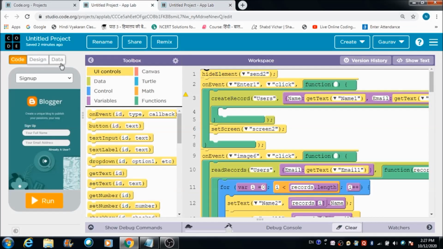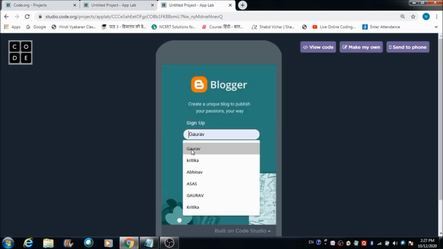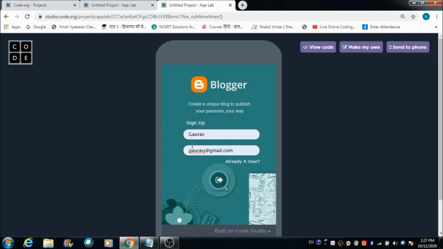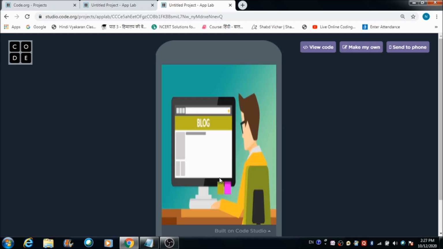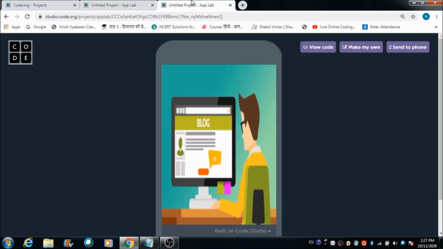At present we do not have anything on the data browser. Okay, let's run the application. For now I'm going to make use of this name and this email ID gauravj@gmail.com. Yes, a table has got created. I think this network is working fine. Let's now hit this screen and see what is going to happen.